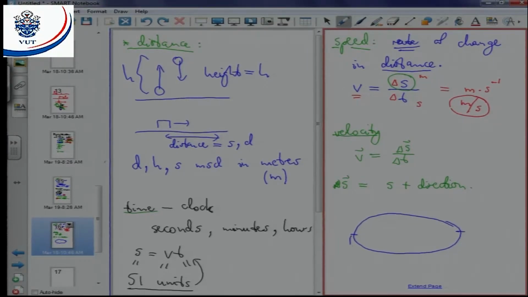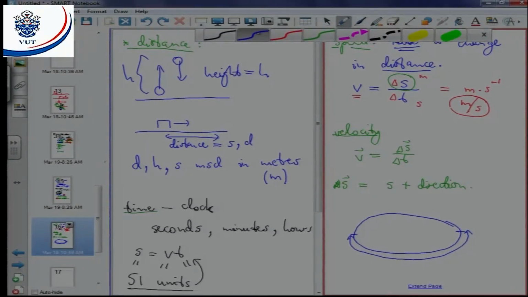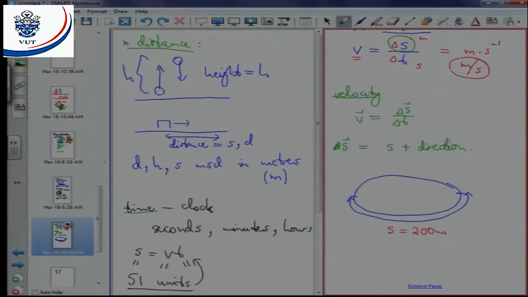So someone runs from here all the way over there, then the distance they've covered, which I called S, so the distance S would be the 200 meter race, whereas the displacement, as you can see,